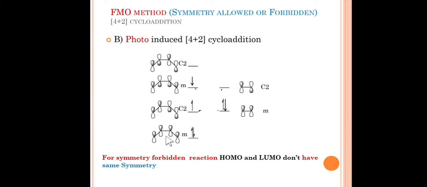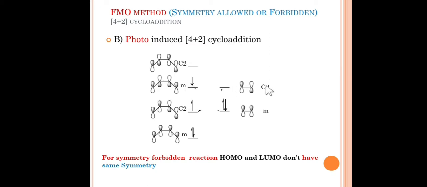So I will not explain again the mirror symmetry or C2 symmetry. Let's join the HOMO and LUMO. So this part is for you guys. Which one is HOMO here? Highest occupied. Okay, this psi3 is highest occupied. Who is LUMO over here? It is psi2. So if we join these two molecular orbitals, one has M symmetry, another has C2 symmetry.